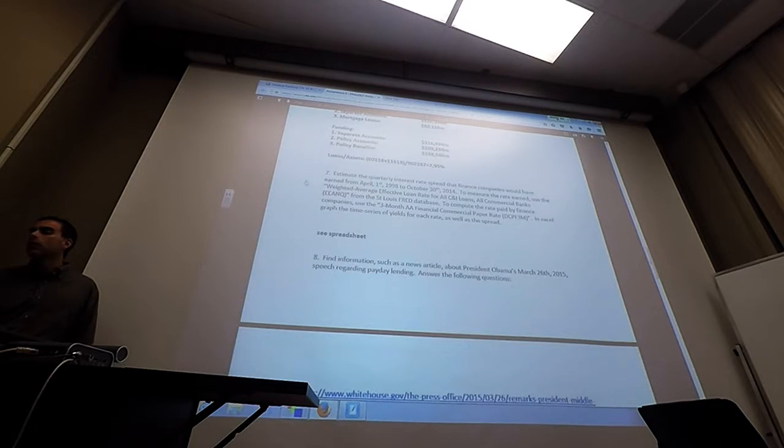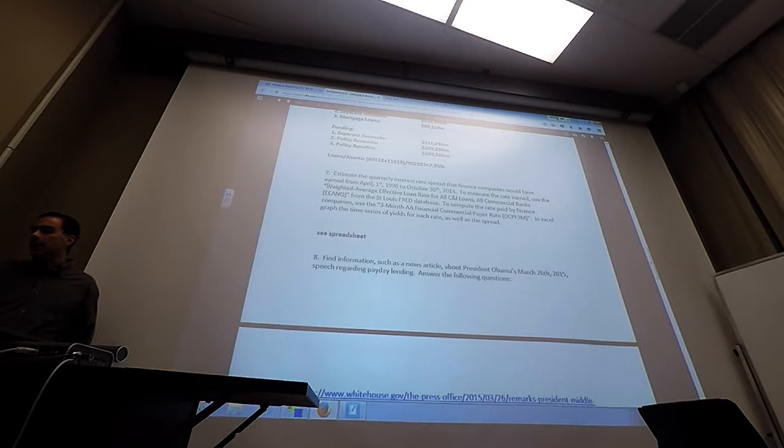Okay, number 7 was going to the FRED database, getting these two series, and basically what you would get here is these finance companies, they don't have the same spread that a bank has. So a bank, they basically pay out money on deposits and then they earn money on loans, and the difference between that is how they make their money. These finance companies are going to have a different method of getting that. So the loans they make are a little bit different. They're making more commercial and industrial loans rather than home mortgage loans.